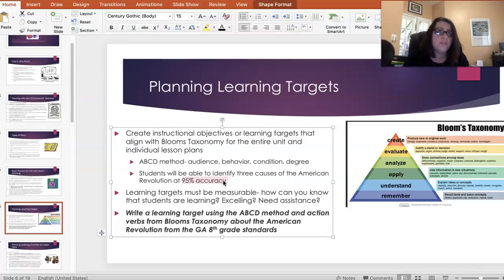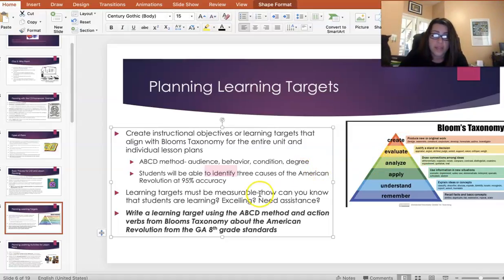When planning your social studies instruction, learning targets need to align to the standards, needs to align to the content and skills you are teaching, but also need to be measurable, meaning how can you identify understanding? Or assess for understanding. That's pretty vague. But if you say something really specific and using examples from Bloom's taxonomy with these action verbs, it's much clearer